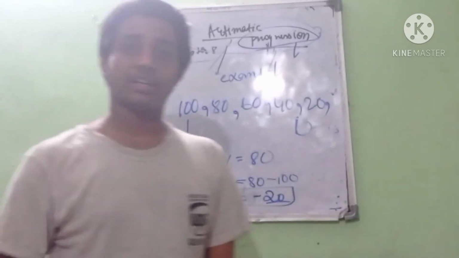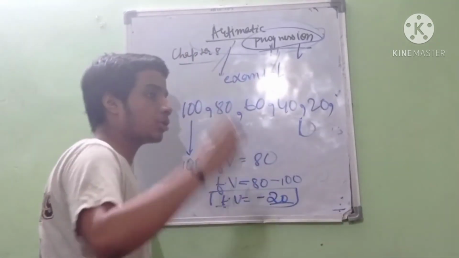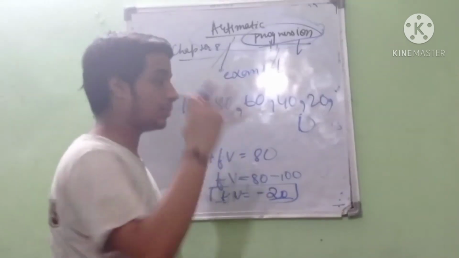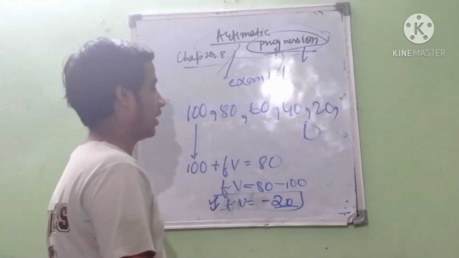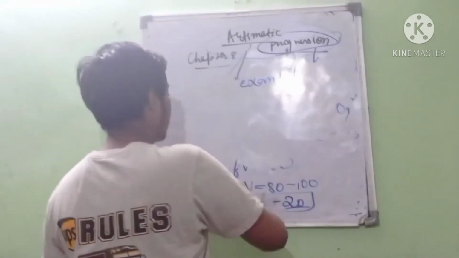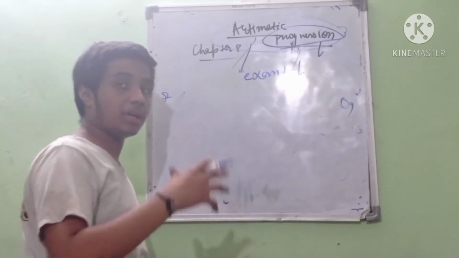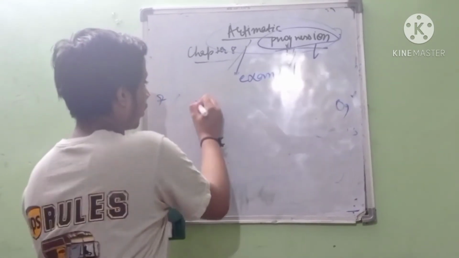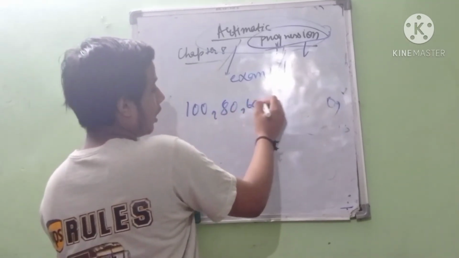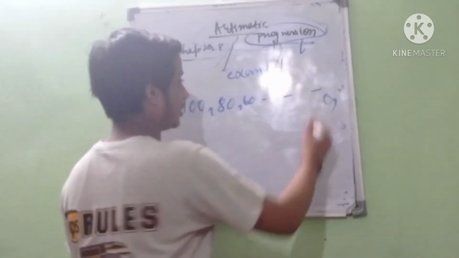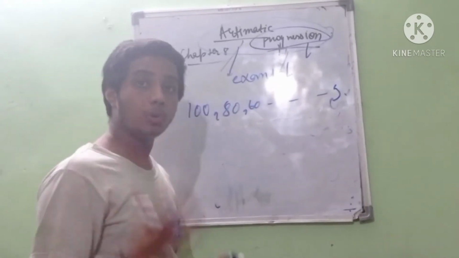From this, I conclude that the fixed value may be anything that you can think of. It could be a fraction, it could be a decimal number, anything, but it should be a fixed value and it should make a sequence. And there are many formulas that we will deal with in this chapter, so that we will complete arithmetic progression easily. For example, if you are given 100, 80, 60, and you have to give the number which is the fifth number of this sequence, how will you do it?